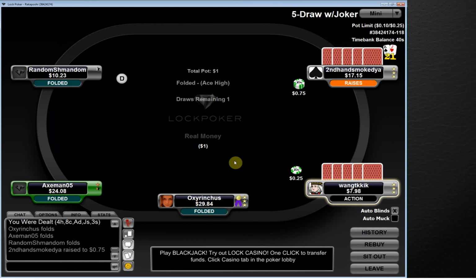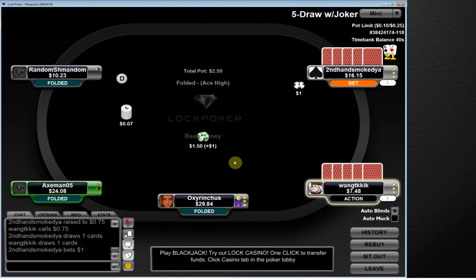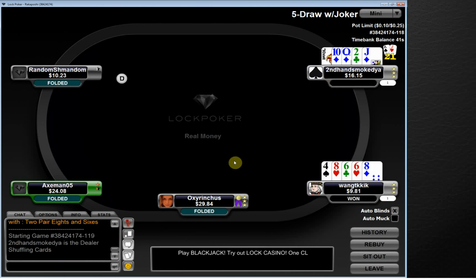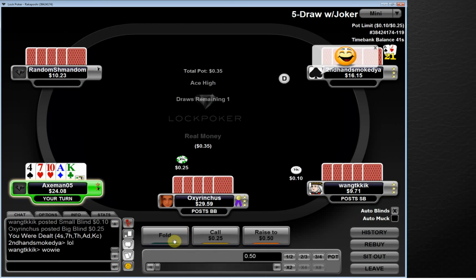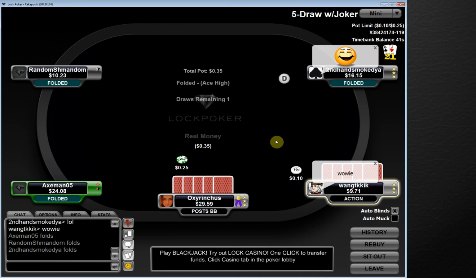If you do want to get into 5-card draw and you're an international player: if you're an American player, you can only play on the Merge Network, sites like Lock and Carbon. But if you're an international player, from Canada or Russia or Europe or, you know, Africa, South America, anywhere, Asia, Australia,